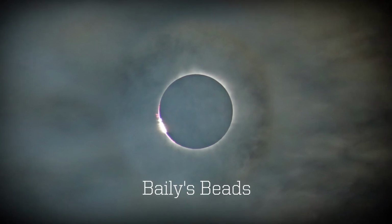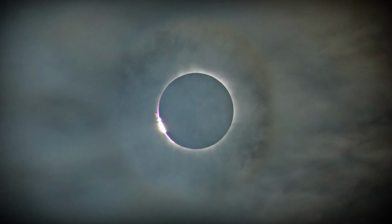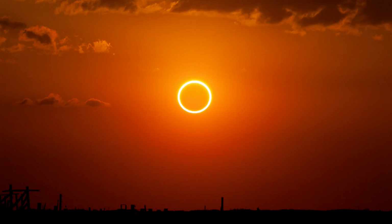Well, these are called Baily's beads, named after Francis Baily, who chronicled his experience during the annular eclipse of 1836. He wasn't the first to see these, but he was the first to talk about them and write about them in great detail. I'll give you a second to think about what these beads are, these hills and valleys that you can see here from the